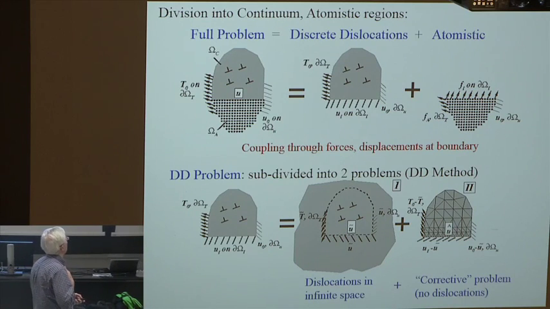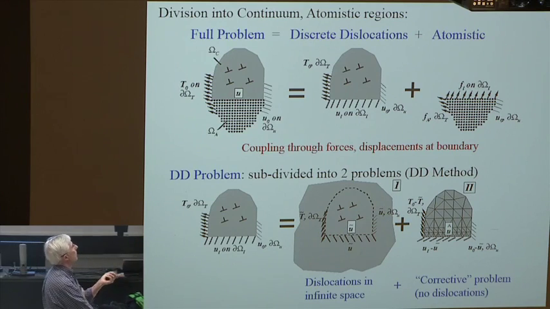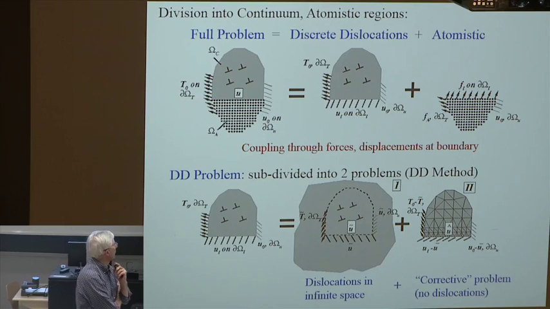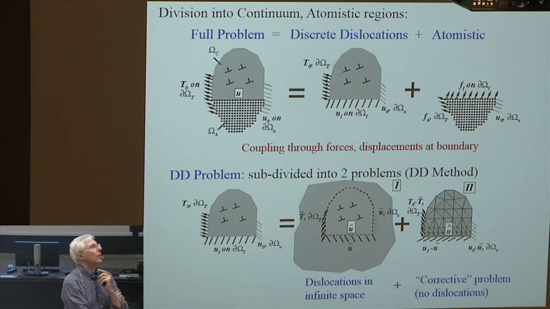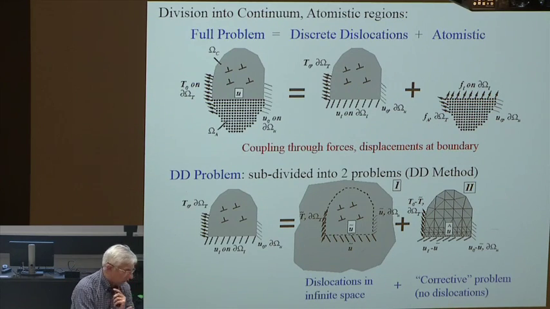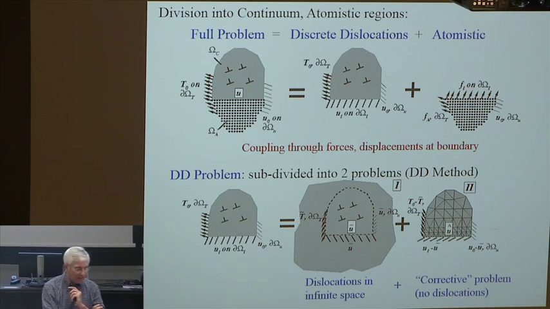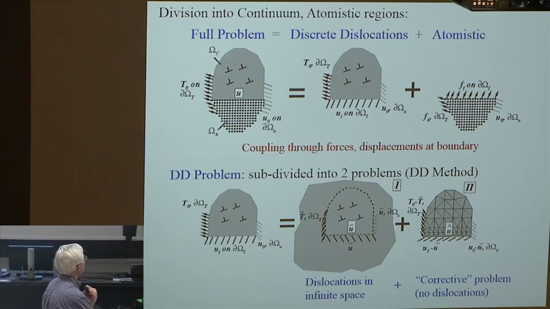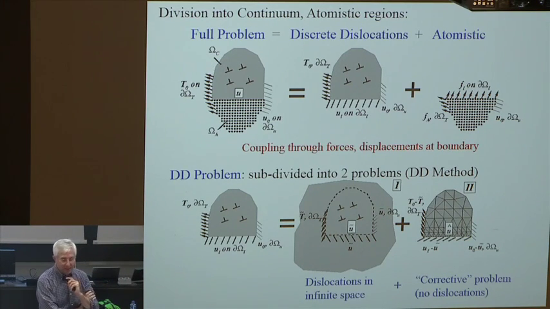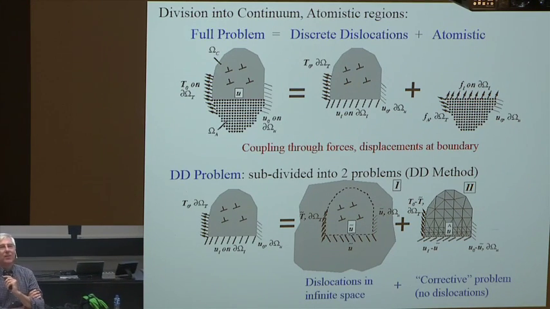So how do we deal with this? Well, there's a lot of different methods for coupling atoms and continuum. As a matter of fact, there are approaching 14 or 19 different methods. And why there are so many is a good question. There don't need to be so many, but they are. So there's a review article a few years ago that actually did the nice work of comparing